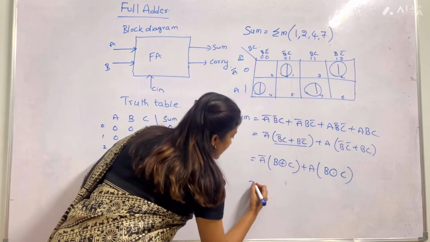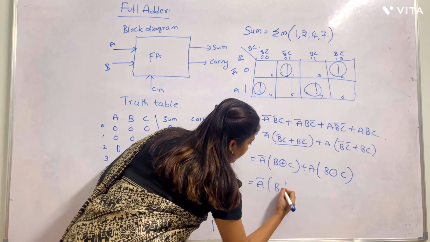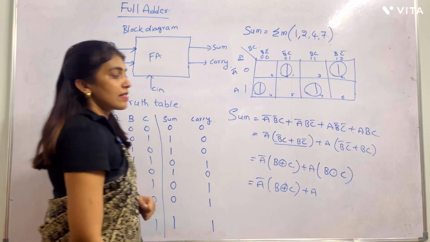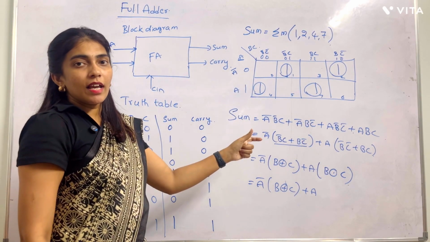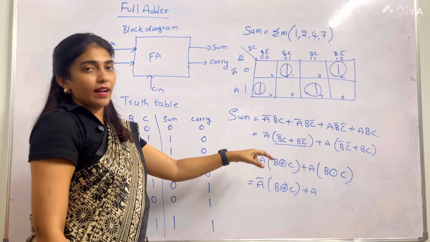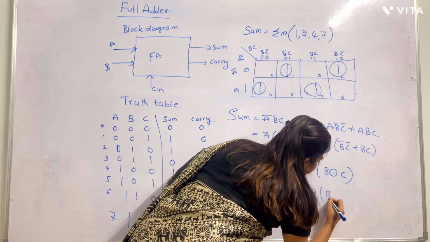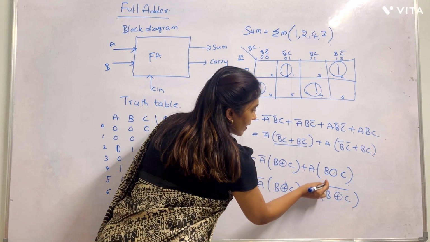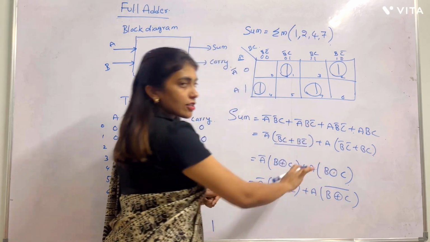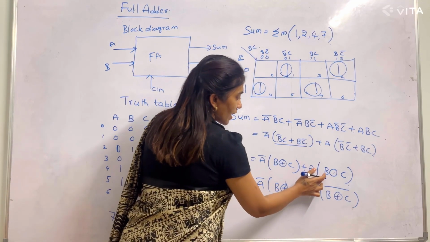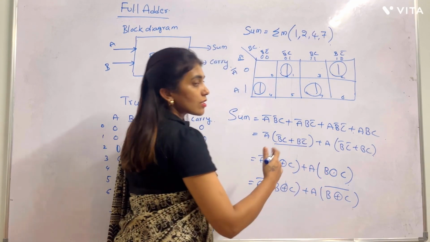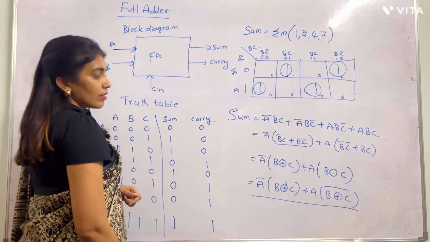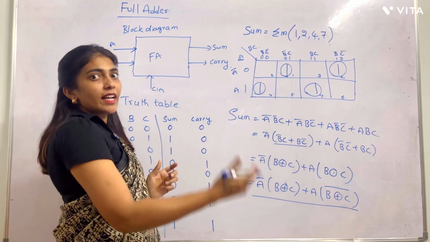Okay, so in the next step I'm taking A bar into B XOR C as it is, A into here B XOR C. Simply I'm taking B XOR C as the complement of the XOR gate, right? So I'm writing B XOR C whole complement. So what is the XOR complement? XOR gate only. That is why I'm taking B XOR C as B XOR C whole complement. Check the total expression. So this is again in the form of A XOR B.